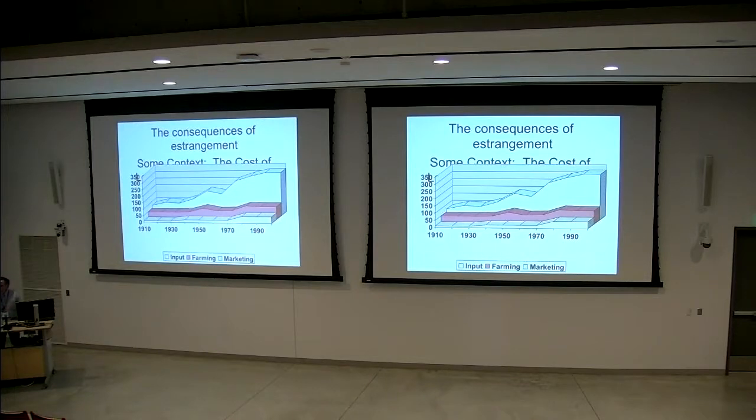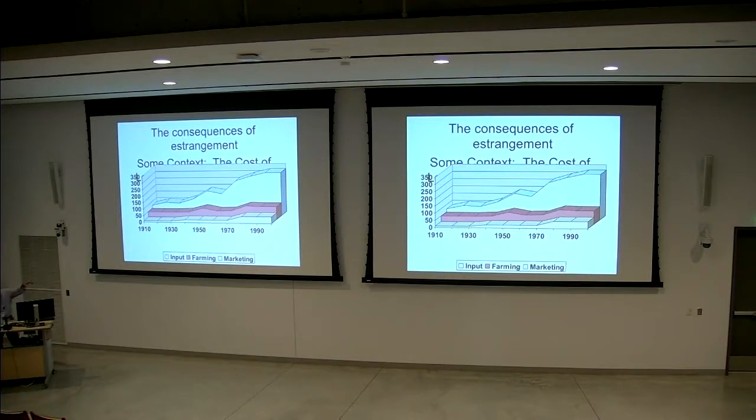And this estrangement we see in this graph here, as a USDA economist did it about 20 years ago, in which he said, well, where does our money go when we spend $1 on food? And he broke it into 3 categories. The bottom, the beige part, is the portion that goes towards the farmer's inputs: feed, fertilizer, hay, fencing, diesel fuel, whatever. The middle, the red part, is what the farmer actually gets of the food dollar. And then the part that keeps getting bigger and bigger is everything else: the processing, the packaging, the distribution.